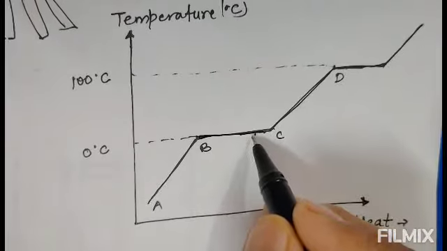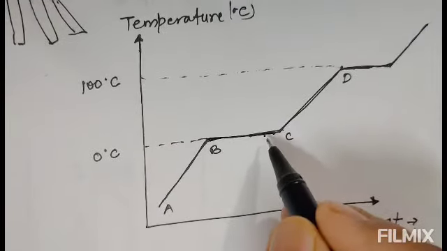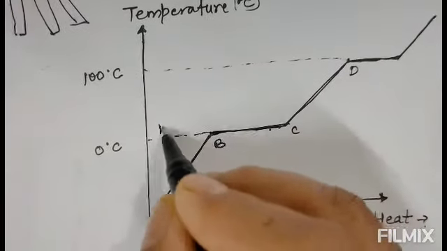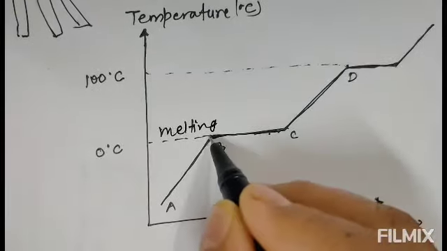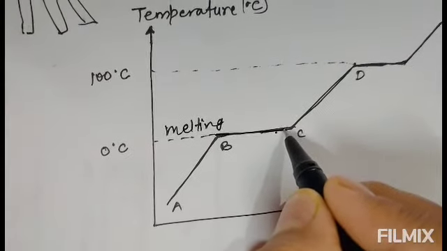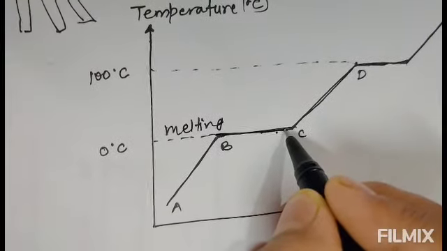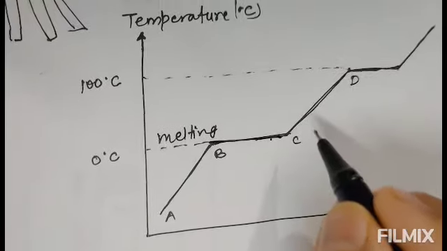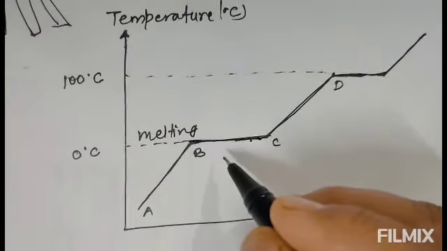Okay, so the temperature at which the solid and liquid states of a substance are in thermal equilibrium with each other is called the melting point. So this one is the melting point, you can say, where both the states are in thermal equilibrium. That means there will be no difference in the temperature, and the value of the melting point is different for different substances and changes with the change of pressure. The melting point of a substance at standard atmospheric pressure is called the normal melting point.